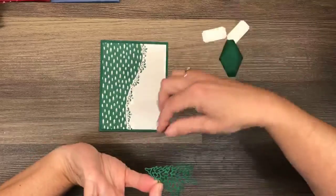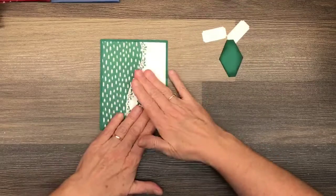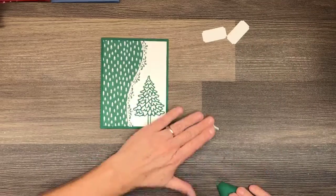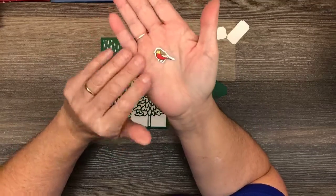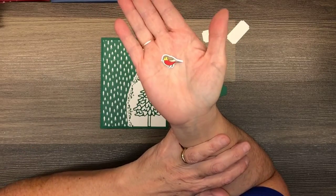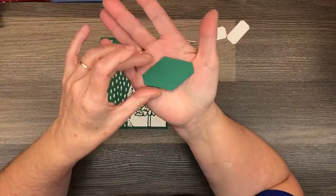Just getting some glue on the back of that, and I am just going to plop this down right in the middle of there. Now there's a little bird in the Quite Curvy bundle. There's actually 3, and there's coordinating dies. I actually stamped him in Memento and I colored him in with Stampin' Blends. And then I have this